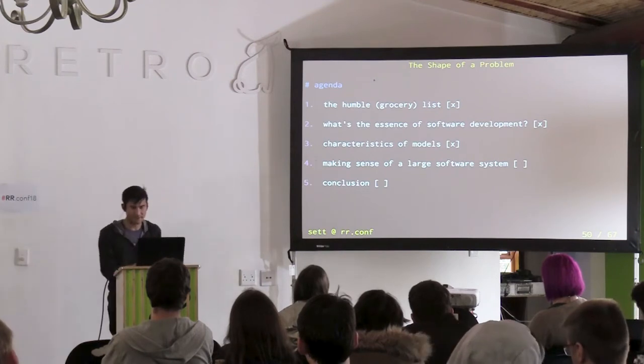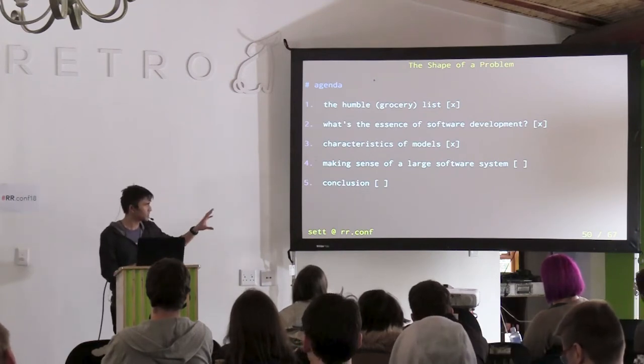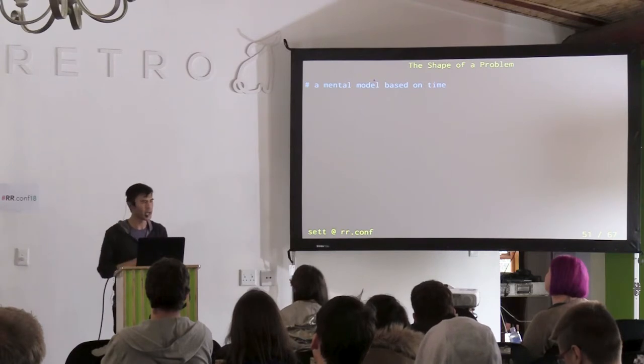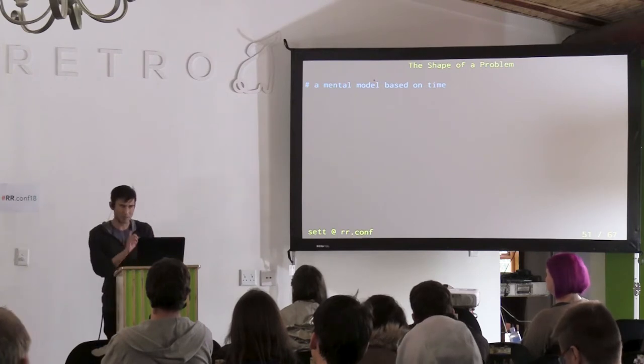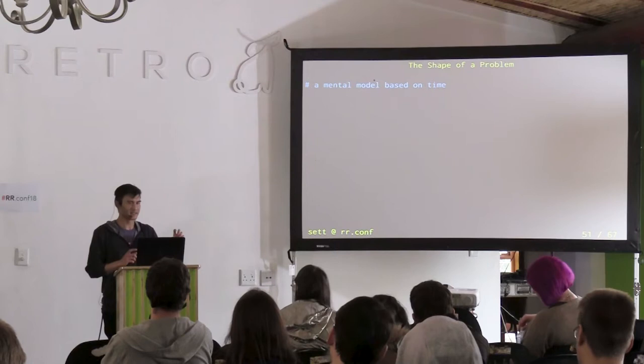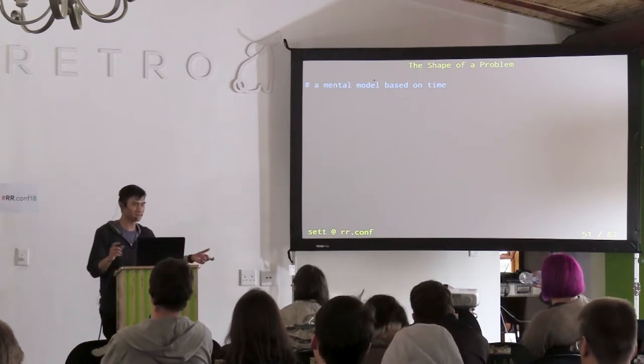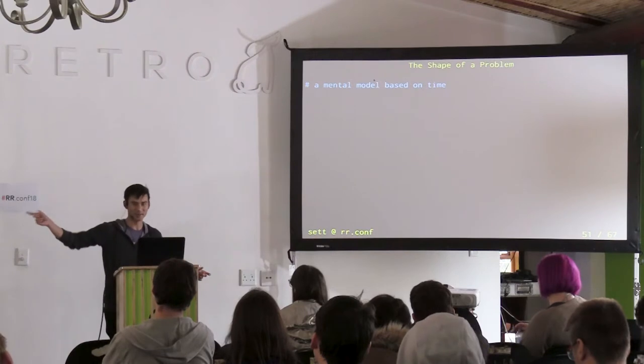Okay, that's way too meta. So let's try and see how we can use specific models to make sense of a large software system. And I'm going to go a bit technical here, because one of the issues is that as programmers, we start off working with text in your IDE or text editor, and then you press play or compile or whatever, and you don't really know what happens afterwards. This is fine if you're working on a desktop application, but in most systems, there's a whole lot of stuff that happens between typing your code and someone interacting with your code.